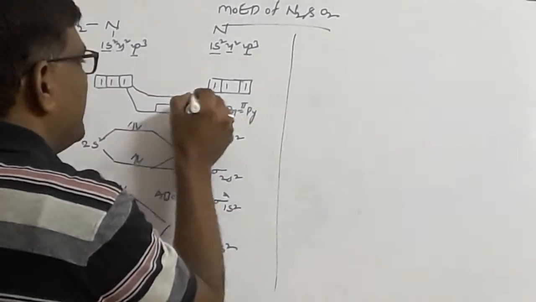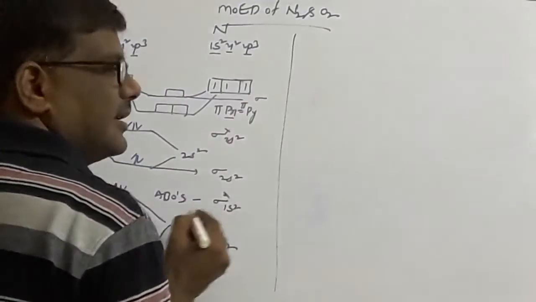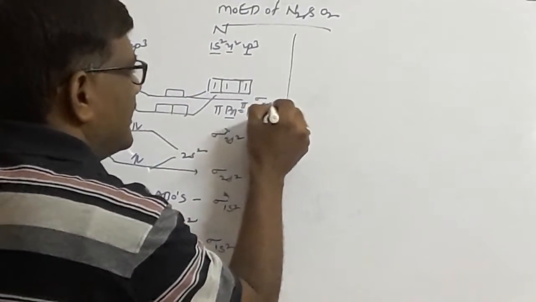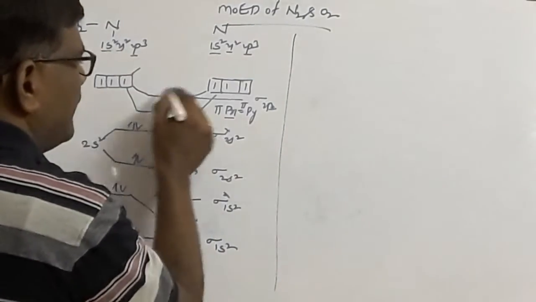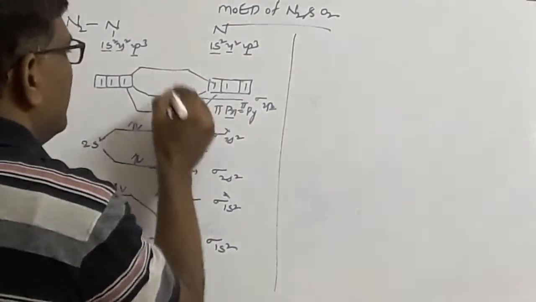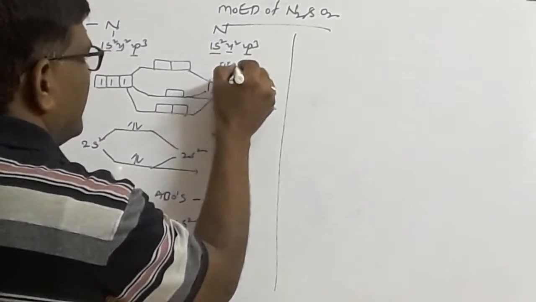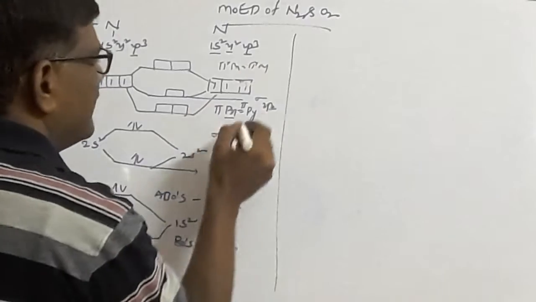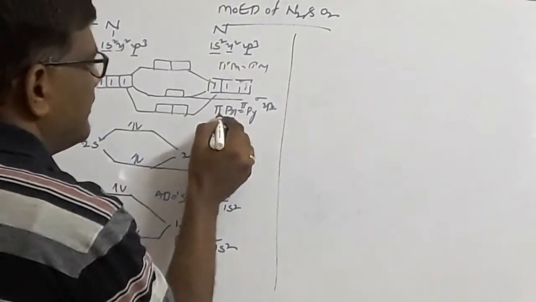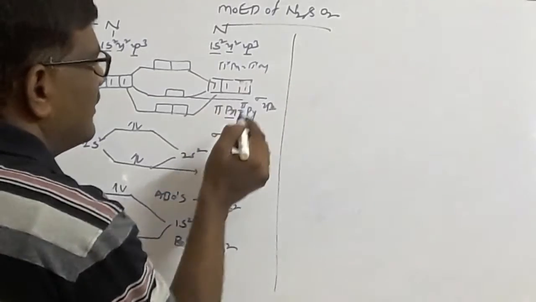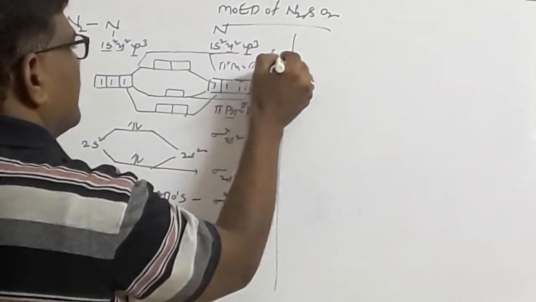Then 2pz orbital combines with the other 2pz orbital. They overlap through the internuclear axis. They give you the sigma 2pz. So this is the configuration. Above, if you observe, these are the BOs and the ABOs. So these are the two orbitals: pi star px equal to pi star py. These are the pi px equal to pi py, the bonding orbitals. Anti-bonding orbitals are represented with the star: pi star px equal to pi star py. Then this will be the sigma star 2pz.